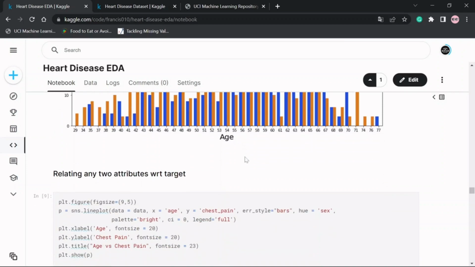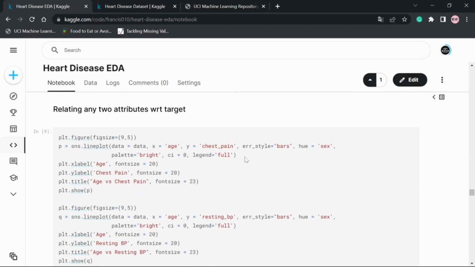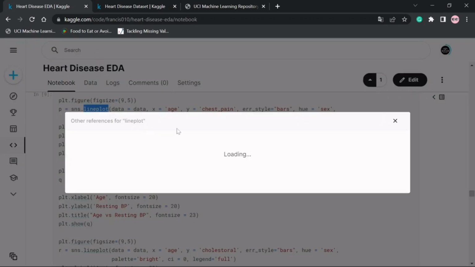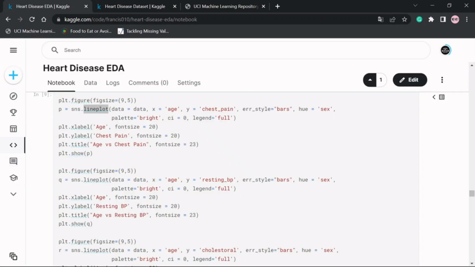Okay, moving forward, now what we are going to plot is we are going to relate any two attributes with respect to the target. Like we are using line plot here to plot, we are comparing age and chest pain here with respect to the